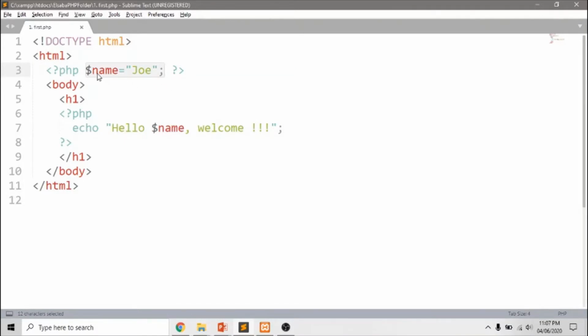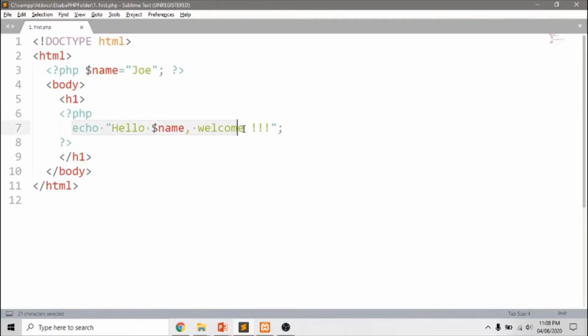So here I am assigning a variable with a value Joe. You can notice here the variables in PHP will be starting with a dollar symbol. All other rules are similar to what you studied in JavaScript. Only that you should precede all the variable names with a dollar symbol. Now again it will move back to copy mode over here, because these are all HTML parts. These tags will be directly copied to the output, and here again it will move back to interpret mode as it encounters the start of a PHP program.